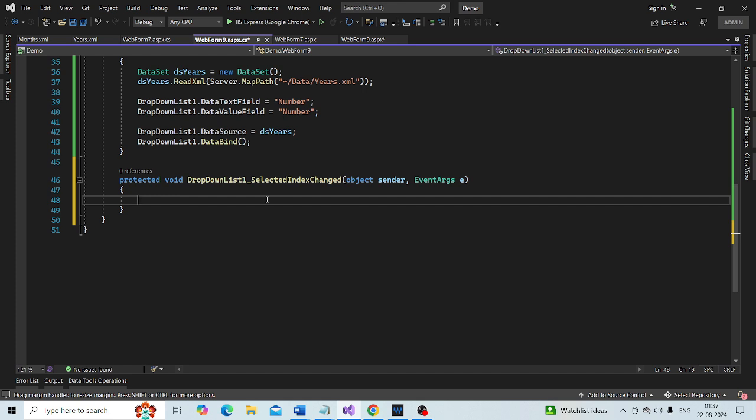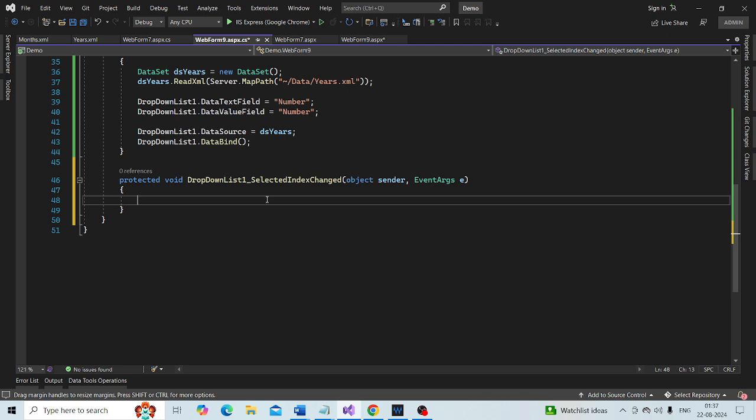When the selected index is changed on that drop down list, what we want to do is a very simple piece of code, one line of code.